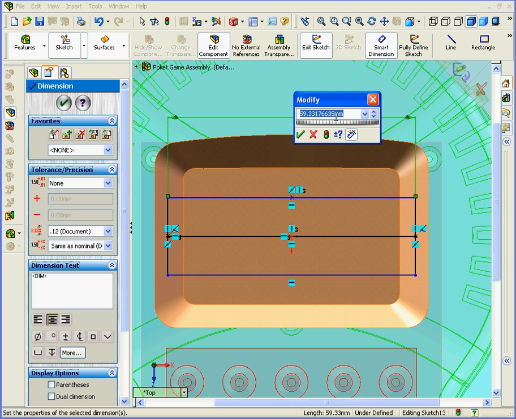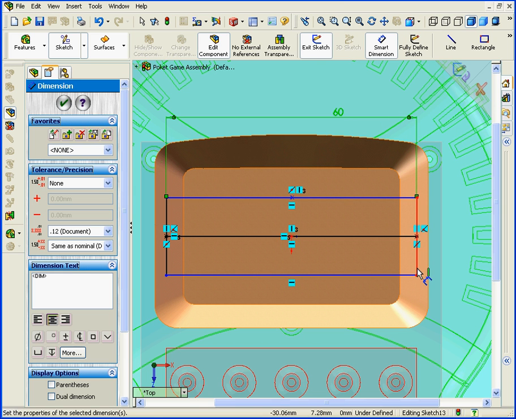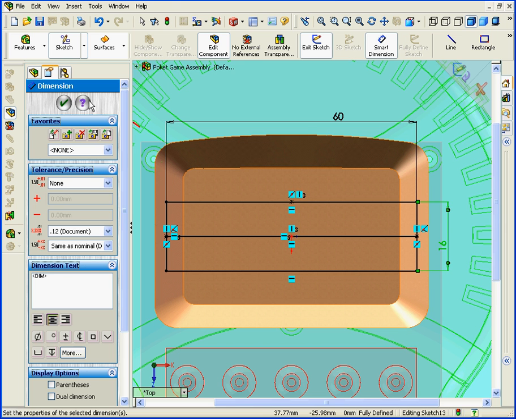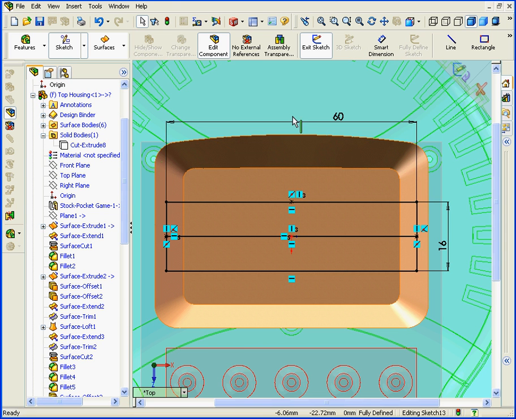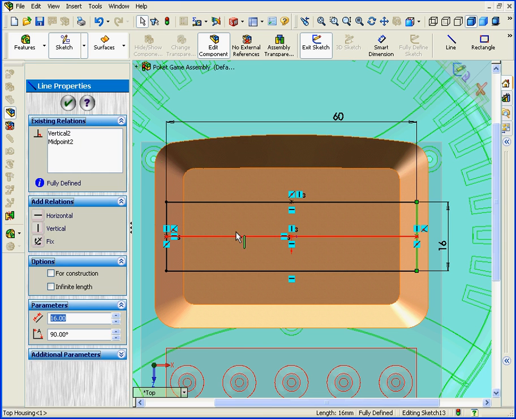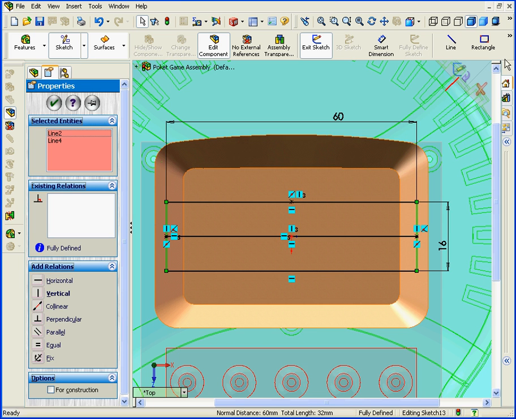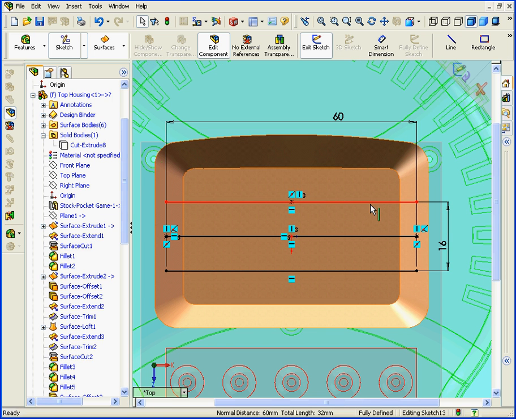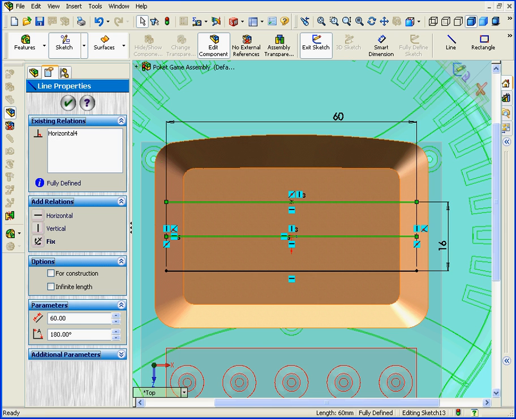60 millimeters here. OK. Here, let's enter a value of 16 millimeters. OK. And OK. Now let's Shift-select these 2 lines and convert them to construction geometry. Next, I'll Shift-select these 3 lines